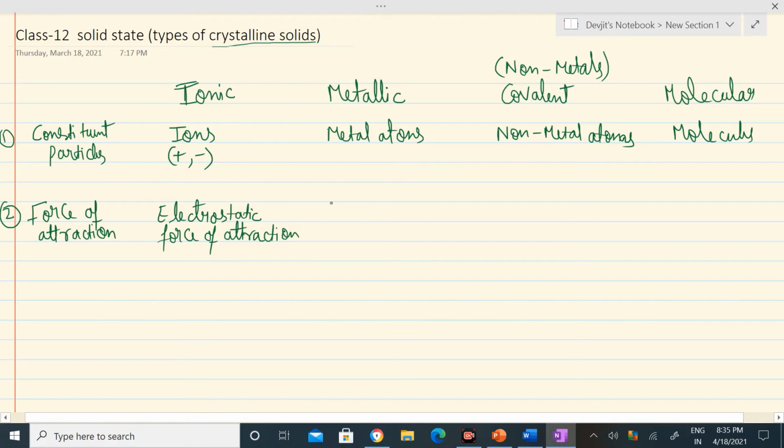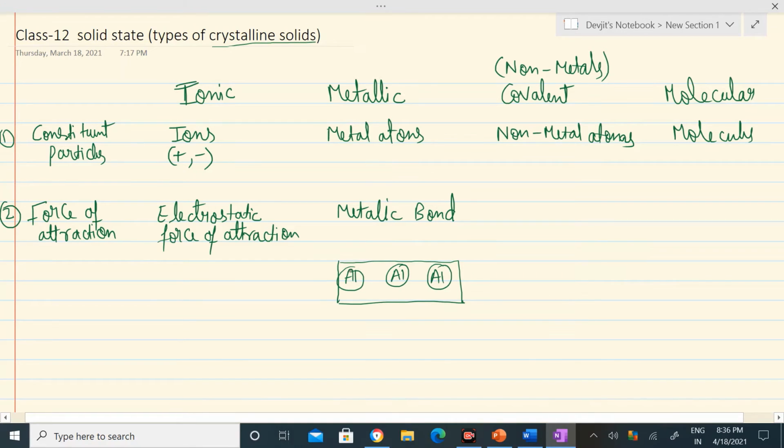In metallic solids, there is a metallic bond. I am just explaining it. What is a metallic bond? For that, I am giving an example. Suppose I have a metal like aluminum. This is an aluminum sheet, and a pure aluminum sheet will be composed of aluminum atoms. Aluminum atom, aluminum atom, aluminum atom. They all help each other. How are they going to help each other? By metallic bond.